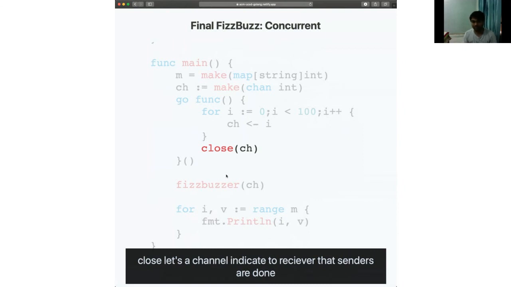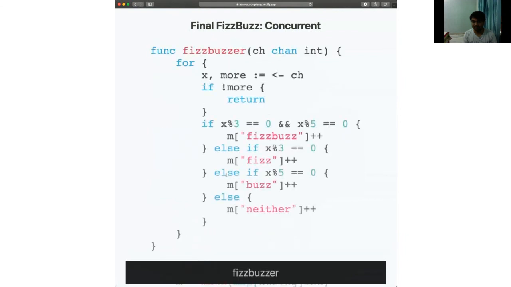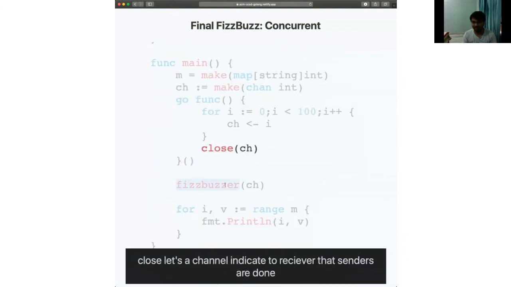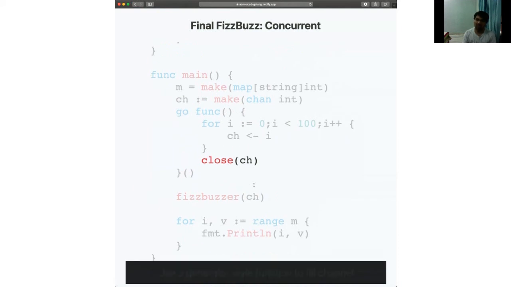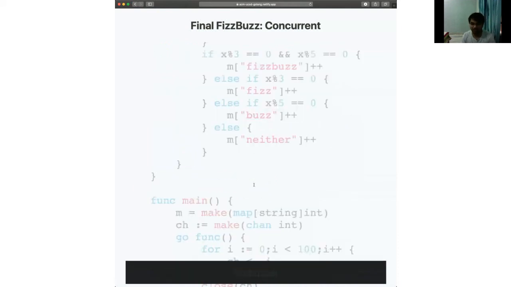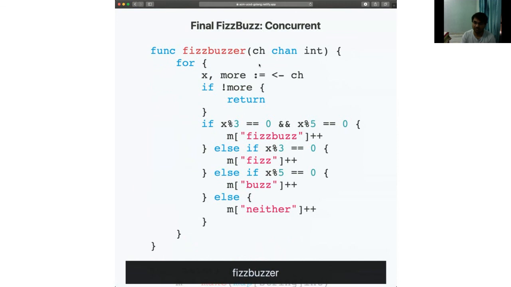So let's look at how we actually use the channel. Here we have the call to FizzBuzzer, and we just give it the channel this time. Let's look at what FizzBuzzer does. FizzBuzzer takes a channel as input, and it loops infinitely, as you remember, that if you have nothing in front of a for statement, it functions as a for true, so for forever.